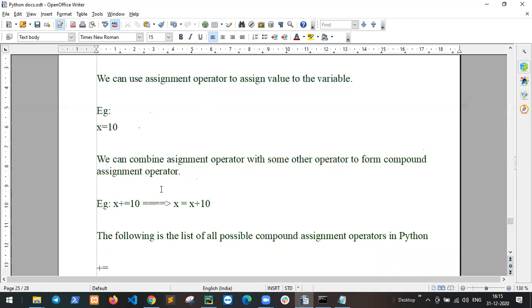We can combine the assignment operator with some other operators to form compound assignment operators.